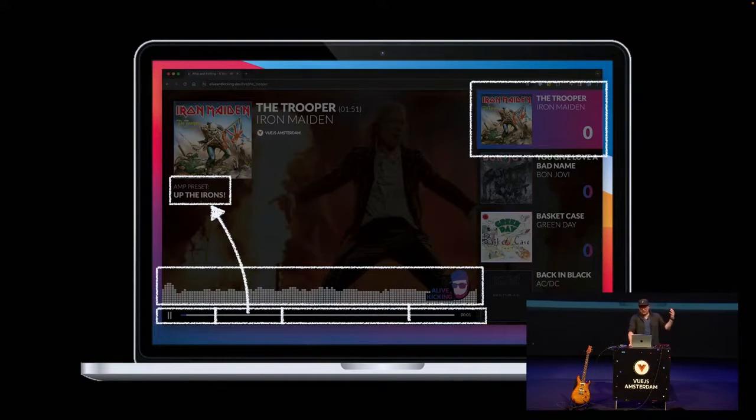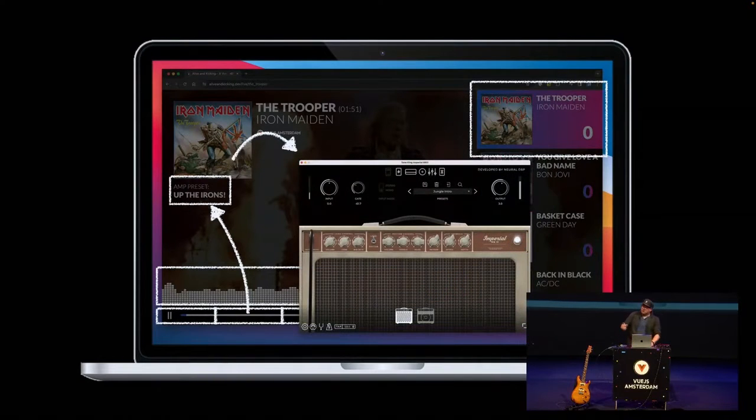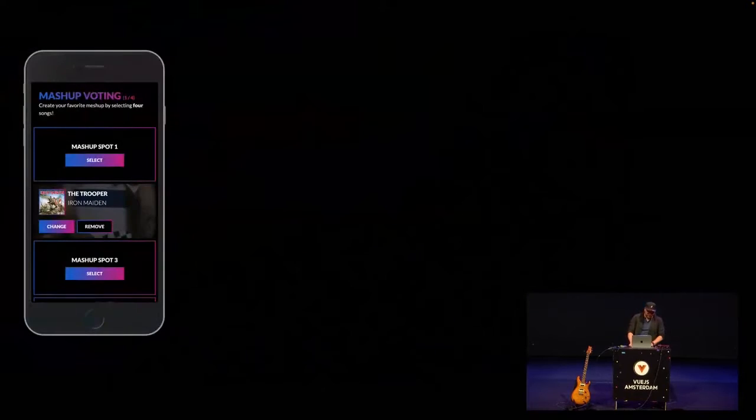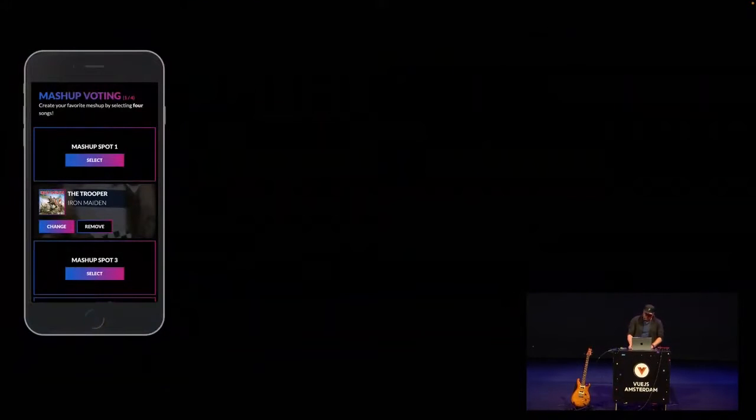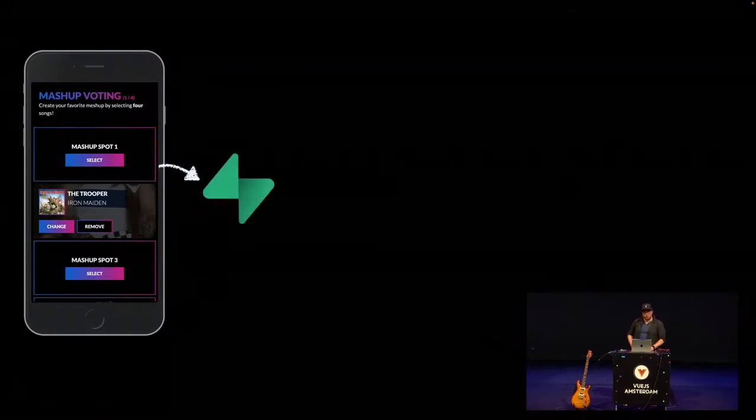It's actually pretty cool that you can do so many different things with a headless stack. All of this happens in the cloud, right? And this is not an application per se, it just talks to things on the side and figures things out together, and then it's all in the client. All the voting you saw, it's all in the client. All right, and then of course, that little sound goes to the amplifier, it gives the sound, and we play. And on your phone, when you're voting something, it goes to Supabase.